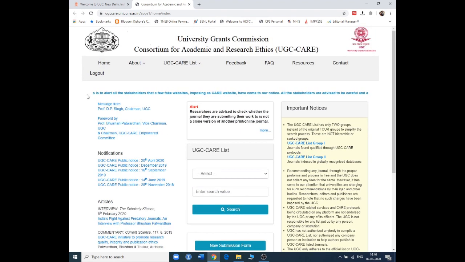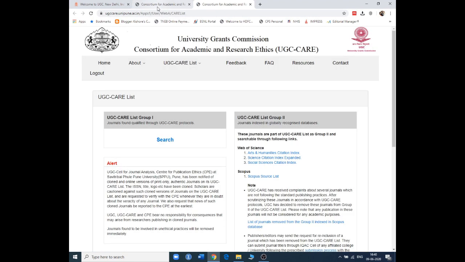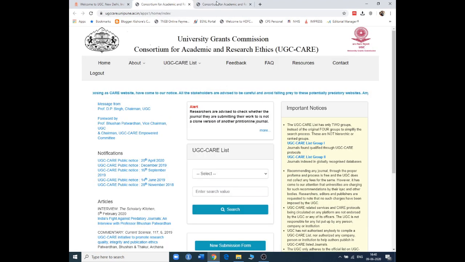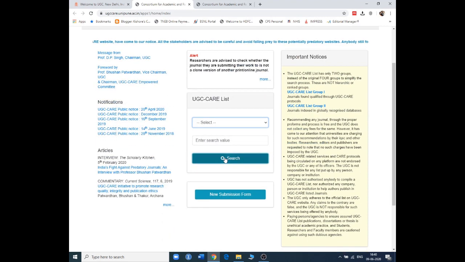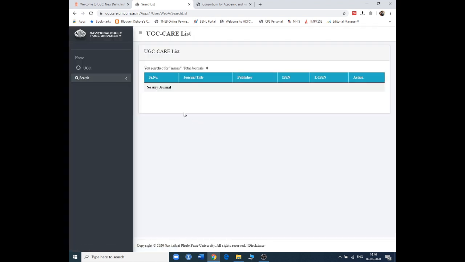Here, this is to alert all stakeholders that fake websites imposing as the CARE website have come to our notice. So all these things can be checked here. I'm going to click search. Using the title or a search value, for example, I'm going to search. This is to search for an actual journal. You can see here, you can search